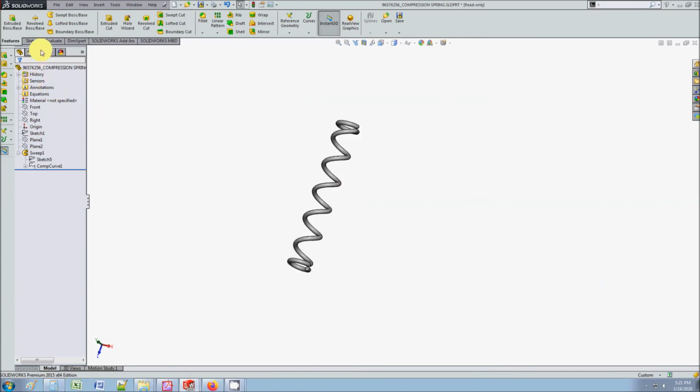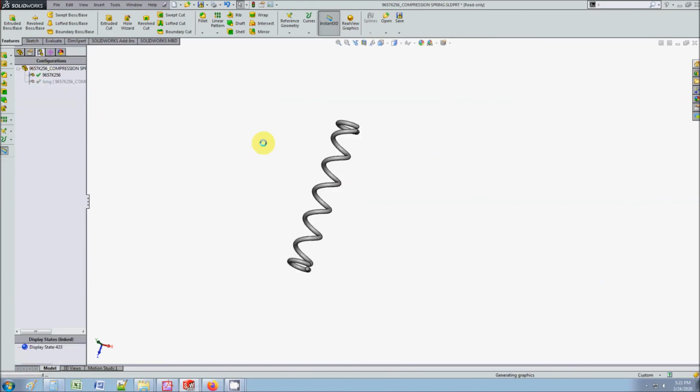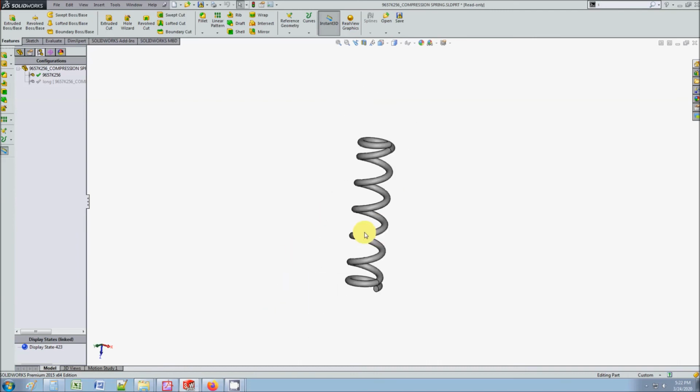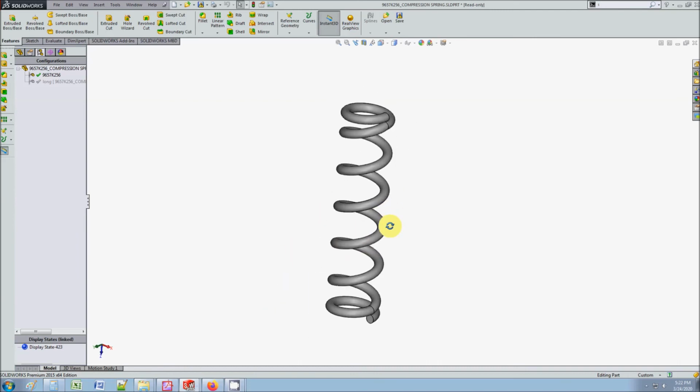to different states. Alright, let's say I'm designing a machine and I want to show it extended, compressed, loaded, unloaded, running mode, and things like that. And you can do that with configurations with the click of a button. If you want this done dynamically, I've seen that done with